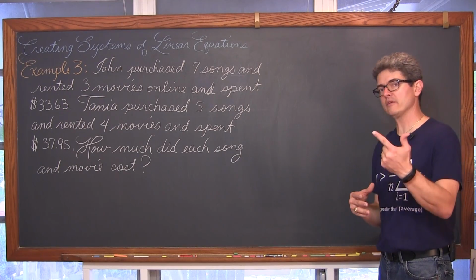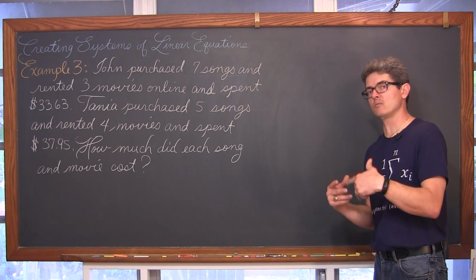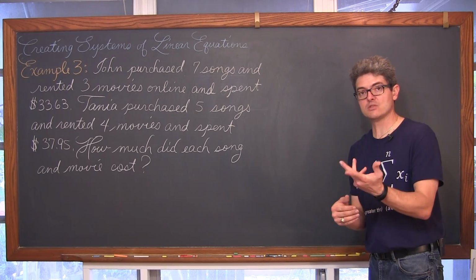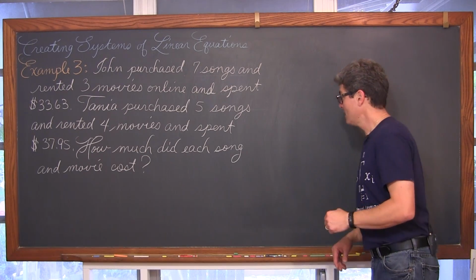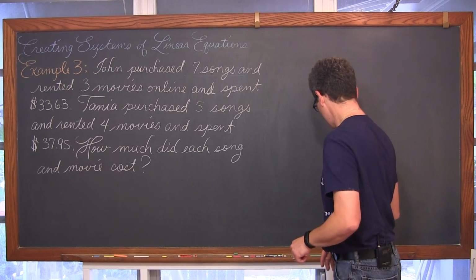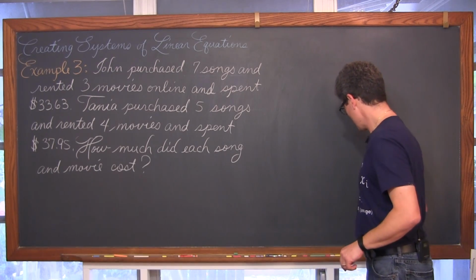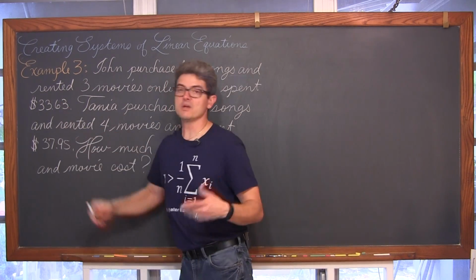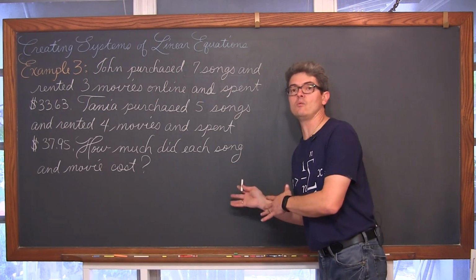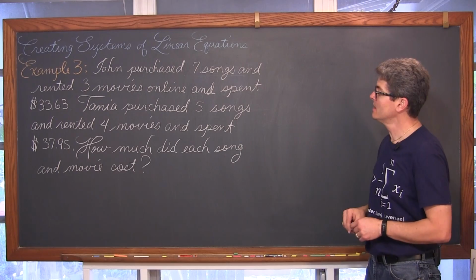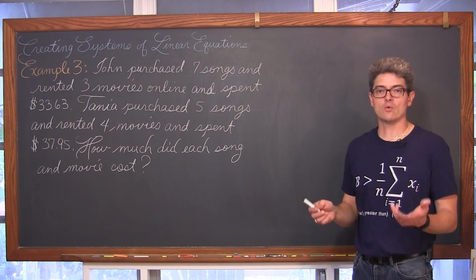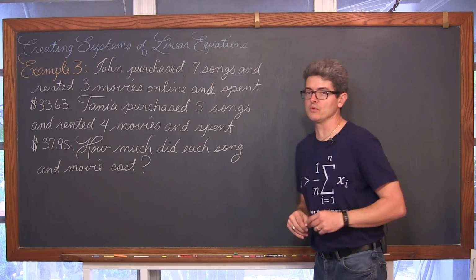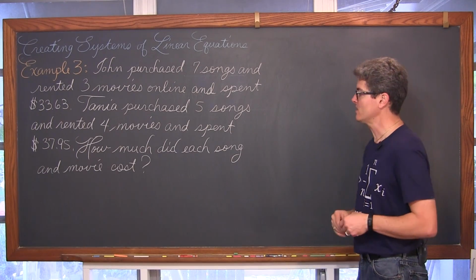So where before we were given how much the shirt and the pants cost, and we were asking how many of each we bought, here we're told how many we bought or rented, and we're looking for the price. And money, as we can see, has some crazy decimals. So you definitely would not want to try and find the price of the movies and the songs with graphing or a table of values. You're going to want to get those decimals through substitution or linear combination.